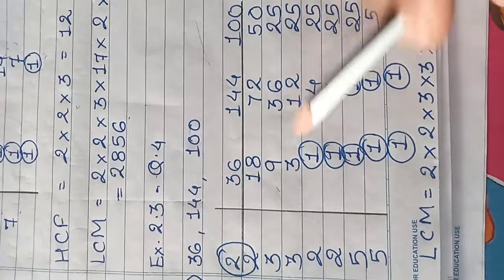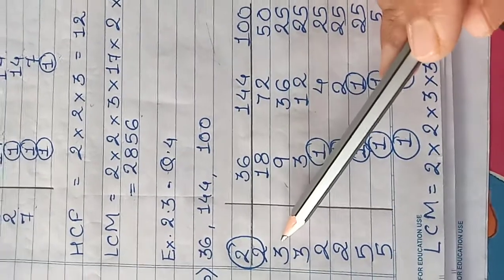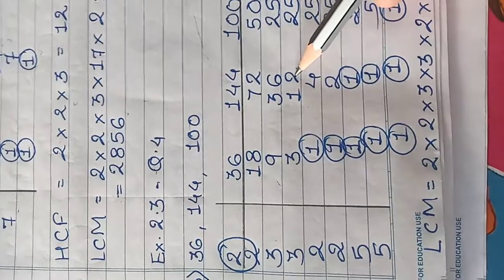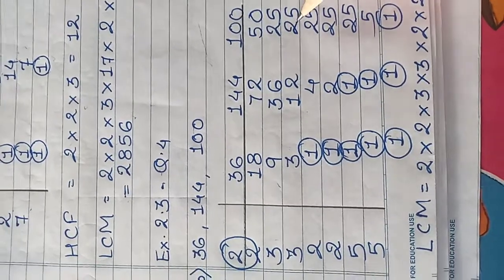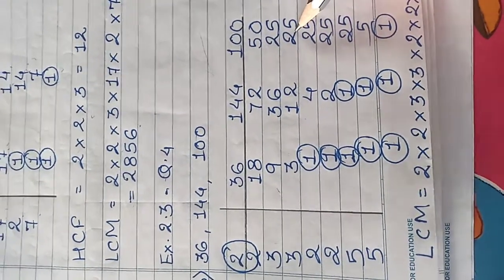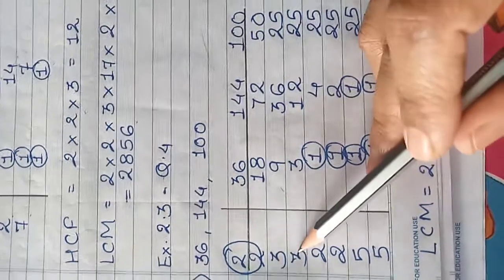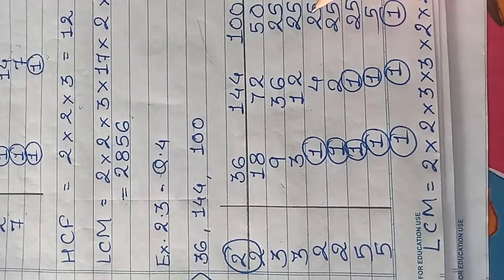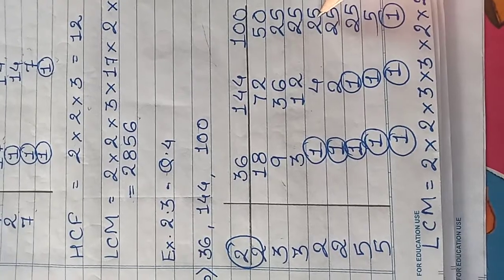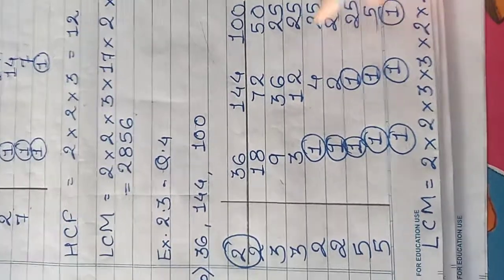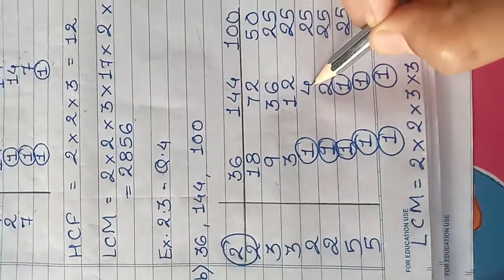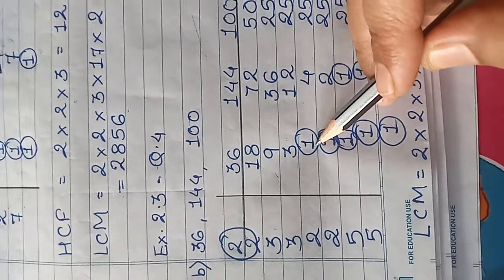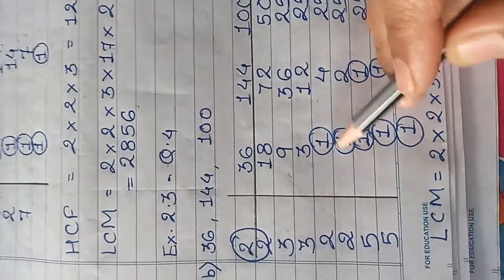Now I will start by dividing again. I will divide by 3. 3 3s are 9. 12 3s are 36, but 25 I cannot divide by 3. I am taking it down as it is. Again I will divide by 3. 3 1s are 3. 3 4s are 12. 25 I cannot divide by 3. I am taking it down as it is. Now I have two numbers, 4 and 25. I told you the moment you get 1 in any place, we will stop dividing it further.